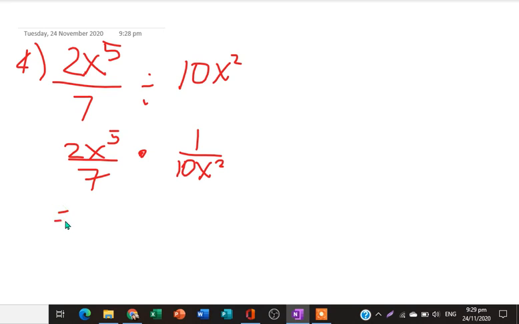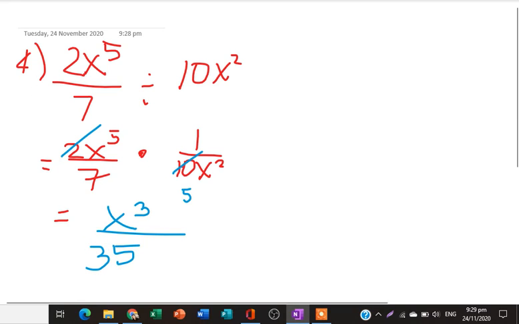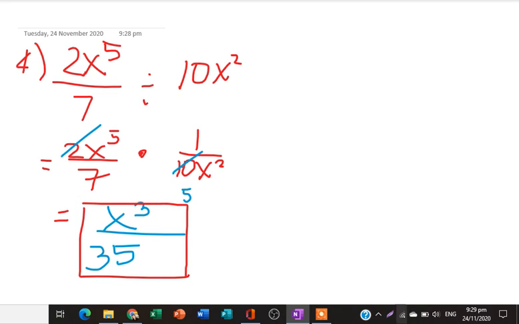And then we're going to factor. So we have 2 divided by 2 is 1. So this is equal to 5. So we have 5 minus 2 is equal to 3. This is positive over 7 times 5 is equal to 35. So therefore, this is your final answer. Yes, this is the final answer. Okay, so